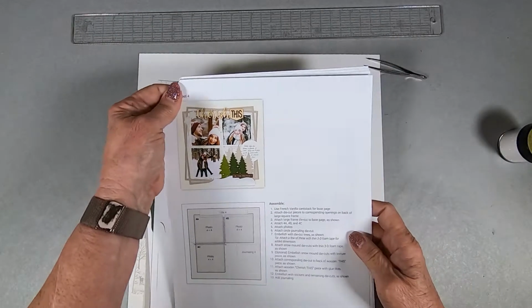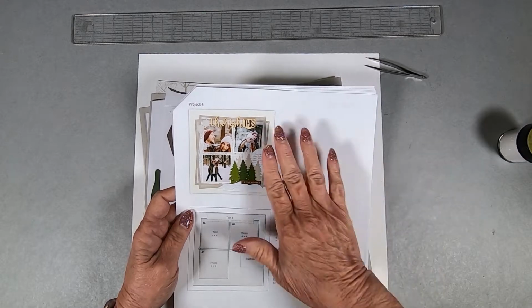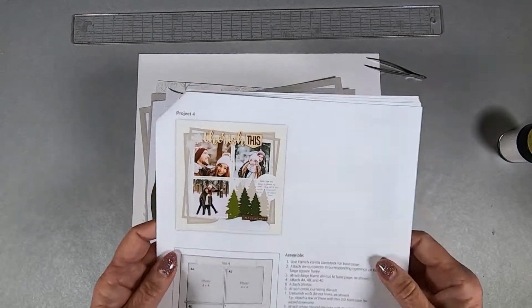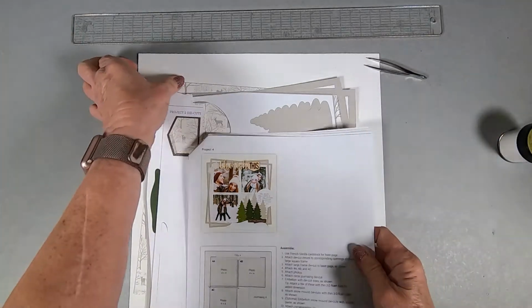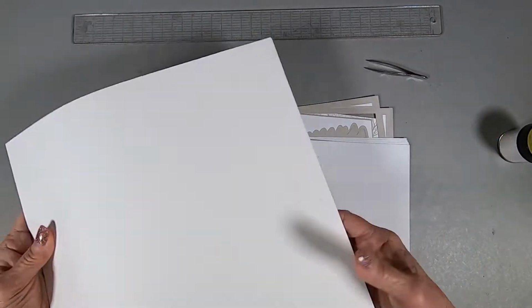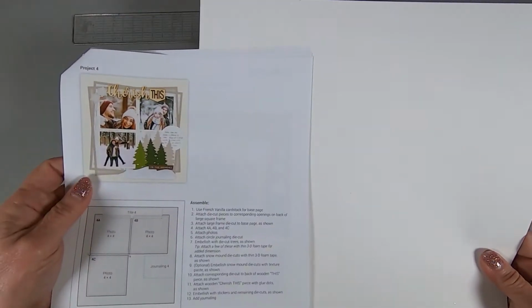This is Dorothy Smith, and I am back with the fourth project for the Spruced Up workshop, and it is a single page layout called Cherish This. And as you can see, it's got a background of white. Well, this is our new color called French white, and so you can see the difference between the bright white and the French white. So it's slightly